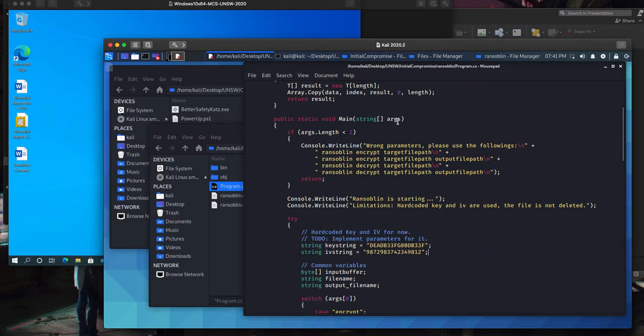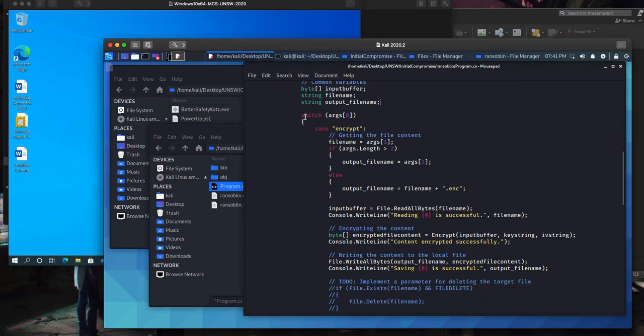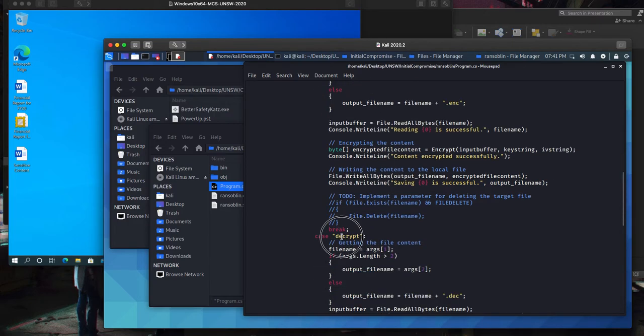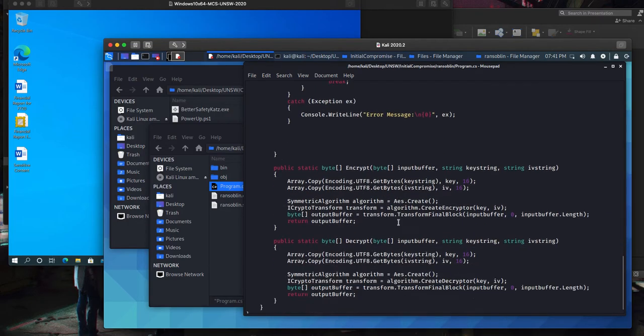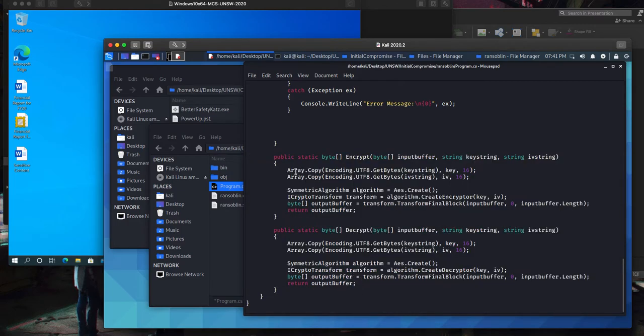Currently, I don't accept parameters for key strings or IV strings. I use hard-coded values, so you can change this and compile this using mono again. And it is also here as functions, encrypt as well as decrypt. We have two functions here implementing the encryption, and it is actually using AES, so it can encrypt the data